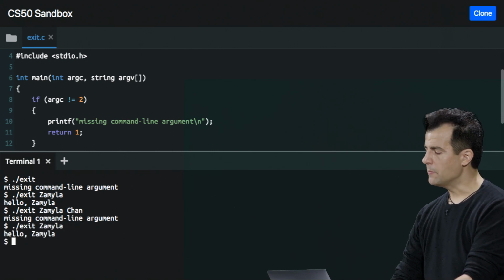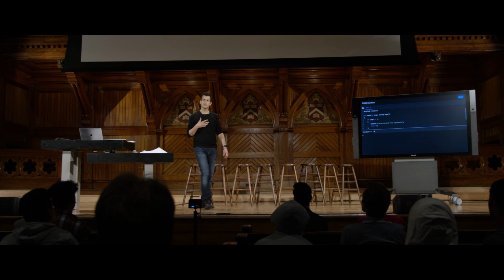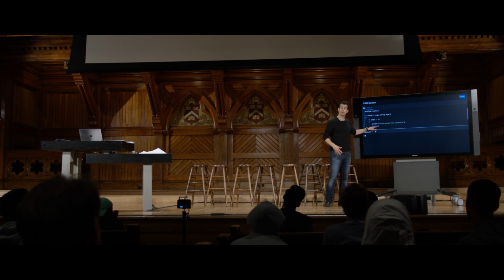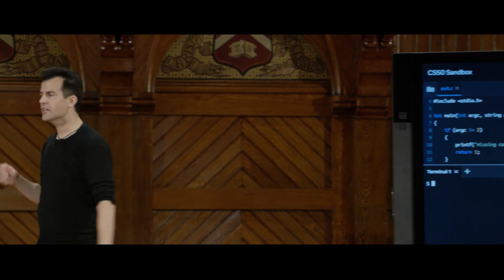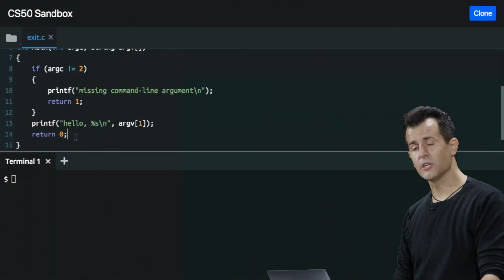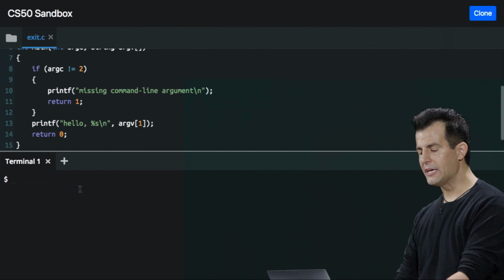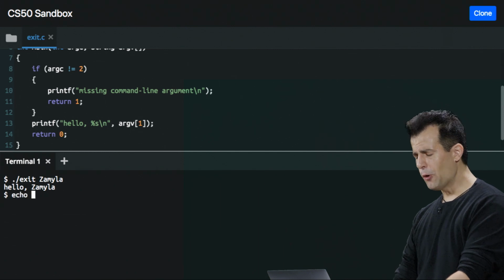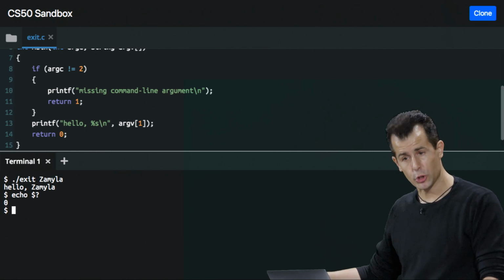I'm seeing visually the error message, but it turns out the computer is also signaling to me what the so-called exit code is. So long story short, we've already seen examples last week of how you can have a function return a value. And we saw how Erin came up on stage, and she returned to me a piece of paper with a string on it. But it turns out that main is a little special. If main returns a value, like 1 or 0, you can actually see that, albeit in a non-obvious way. If I run exit, and I run it correctly with Zamila as the name, if I then type echo $? of all things, enter, I will then see exactly what main returned, which in this case is